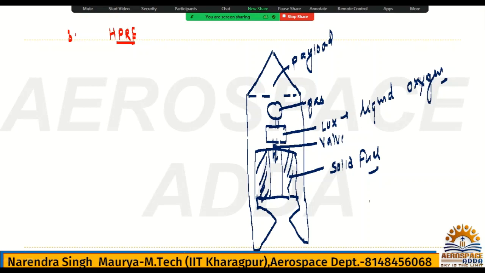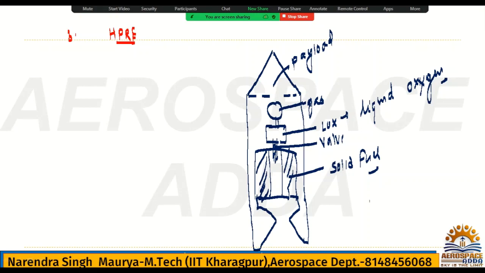So these are the advantages, and there are disadvantages also. This engine is quite complex compared to SPRE, and it has a lower density specific impulse compared to LPRE. So these are a few disadvantages. It becomes heavy, particularly for short-range applications. It takes much longer to design and develop. So these are the few points you can say are disadvantages. Okay,